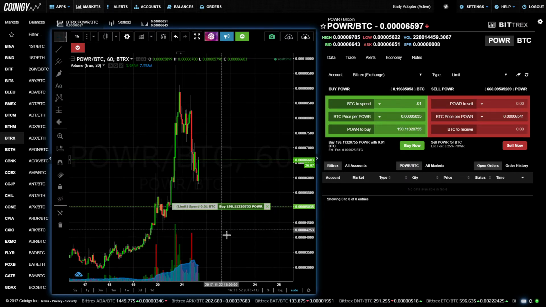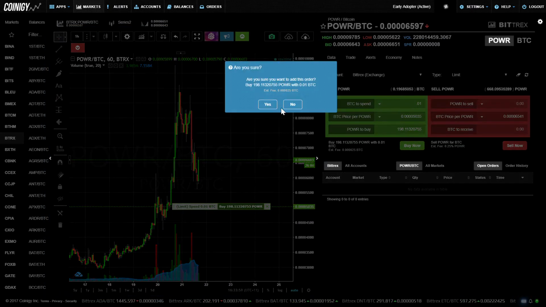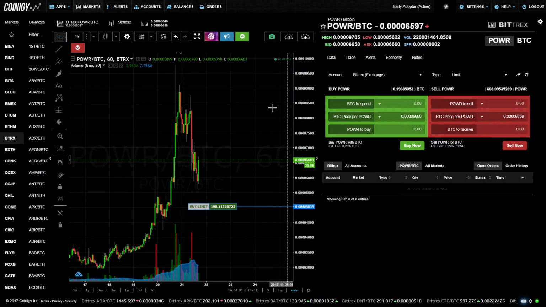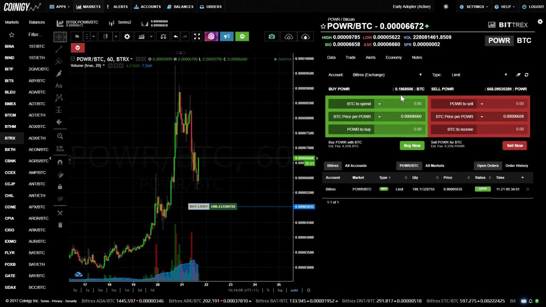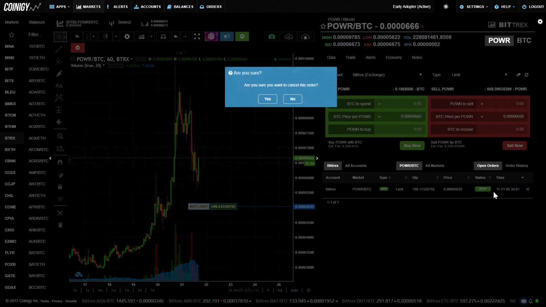Now, if I wanted to buy in here at about 50.35 sats, when I place that order and confirm it, you can see, once it refreshes, that the available BTC balance has changed to reflect that order. So that order is now on the books at Bittrex, and I can't use that BTC for anything else. Now, if I cancel that order